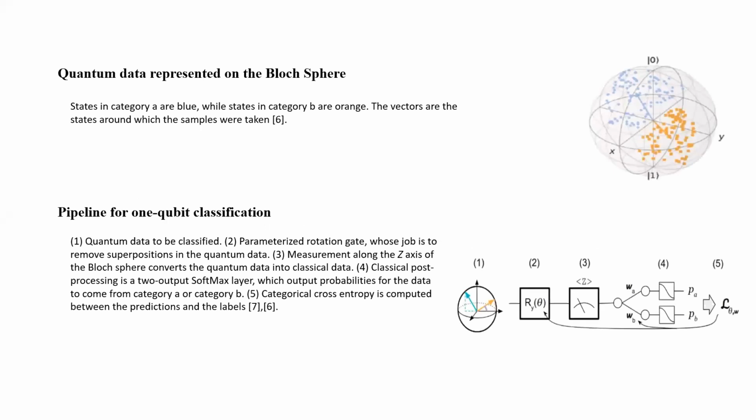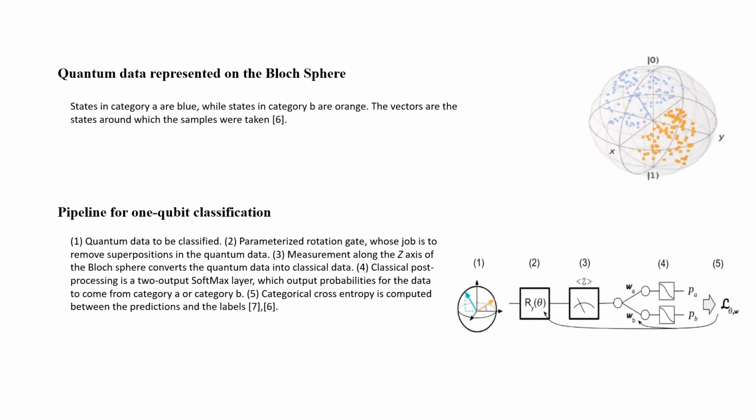Anyhow, basically it demands converting classical data into quantum data firstly. Consequently, it yields a basic model which needs to be trained. For one qubit, the Bloch sphere can depict two categories. States in category A are blue, while states in category B are orange. The vectors are the states around which the samples were taken. For classification over this one qubit, we notice that we have